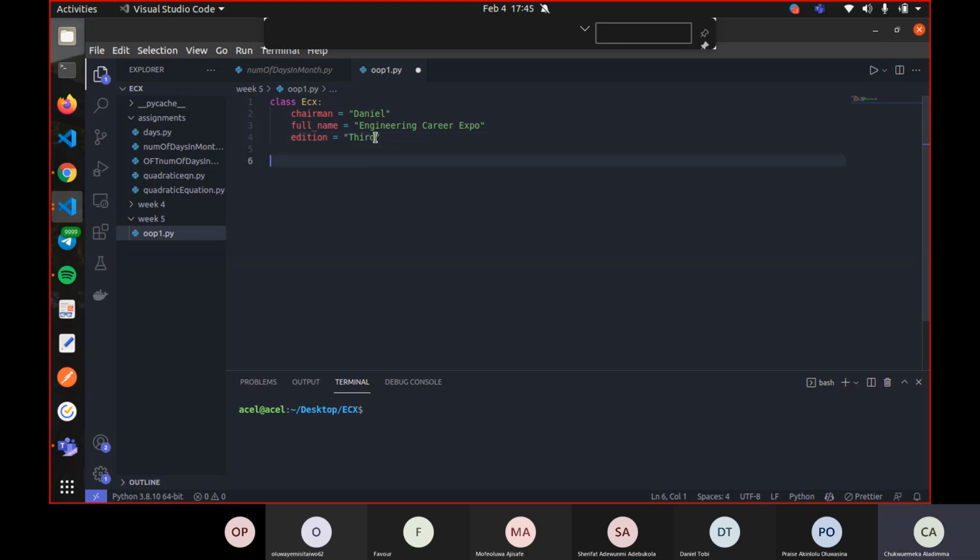Yeah, a simple class, very simple class, without any method, without any function, just properties. So you can now call each property of that class. That way we use the print function, and in that say ECX, let's say full name. So this should give us Engineering Career Expo. If I run that now,